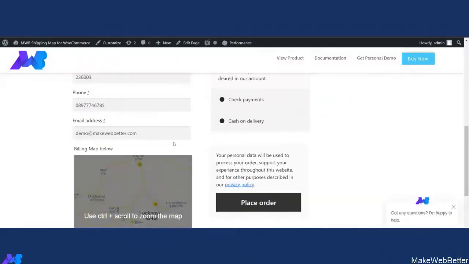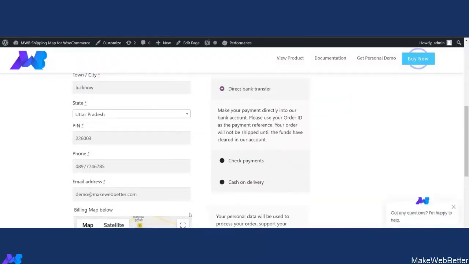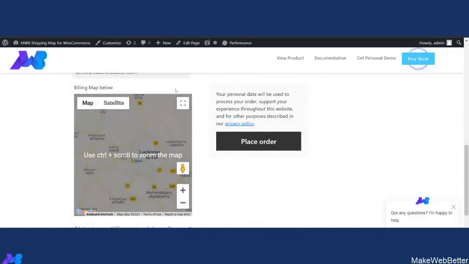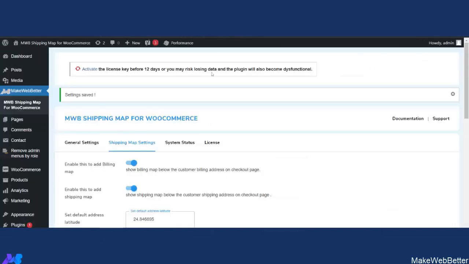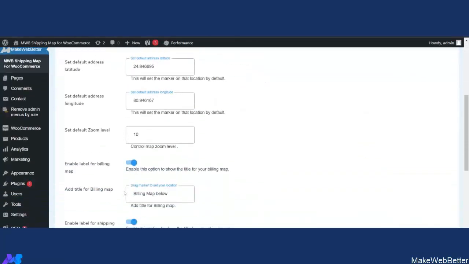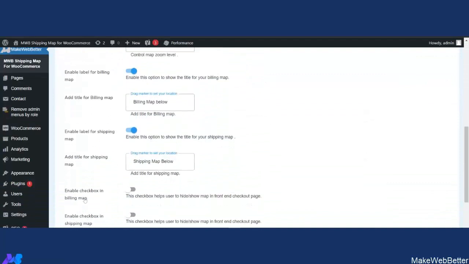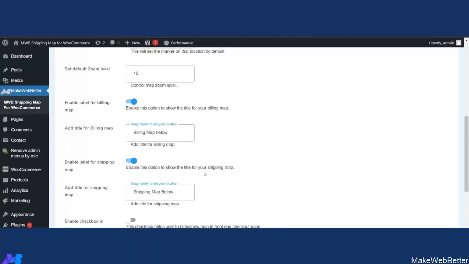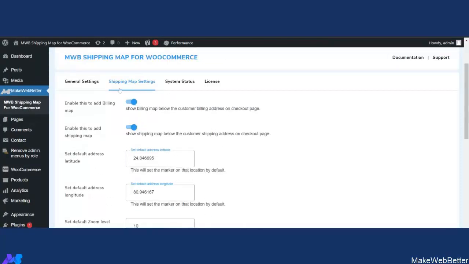As you can see, the option of hide or show is not coming here, because we have disabled the functionality, and the latitude and longitude boxes are also not coming here, because from the backend we have disabled showing the latitude and longitude fields. So this is how the admin can easily configure the shipping map settings as per his requirements.